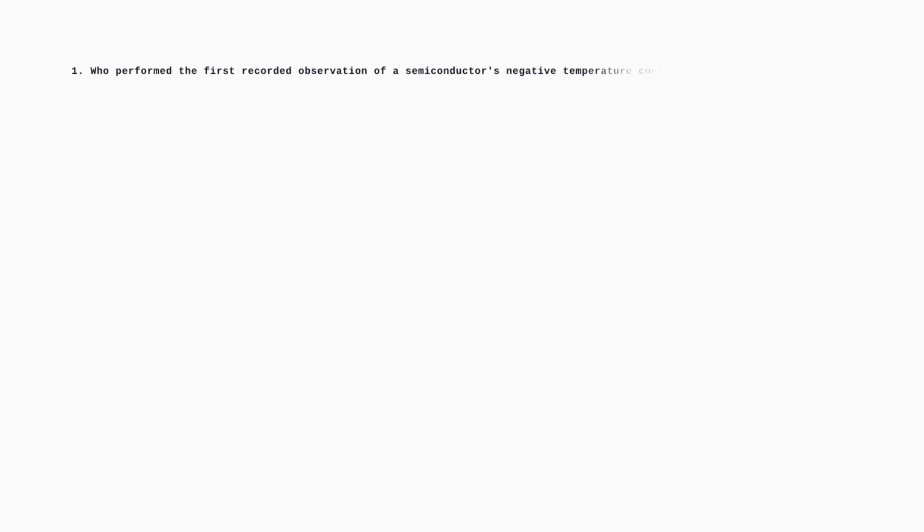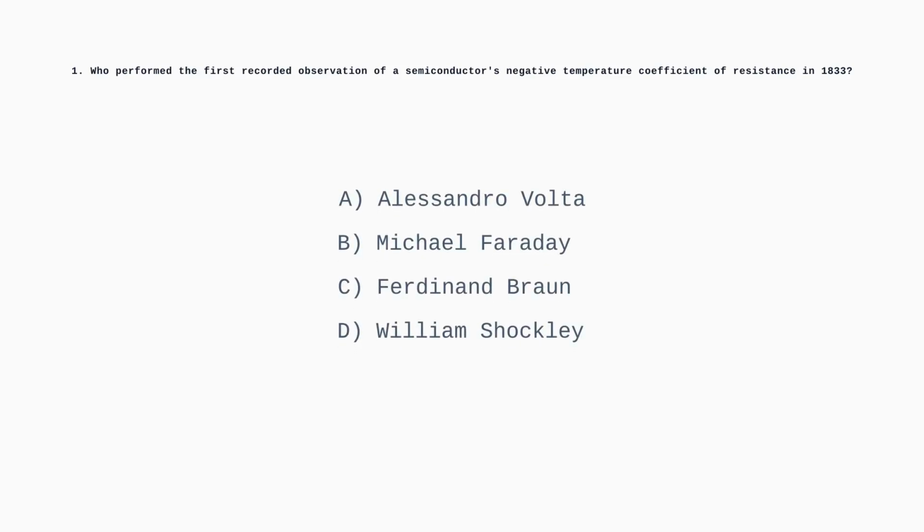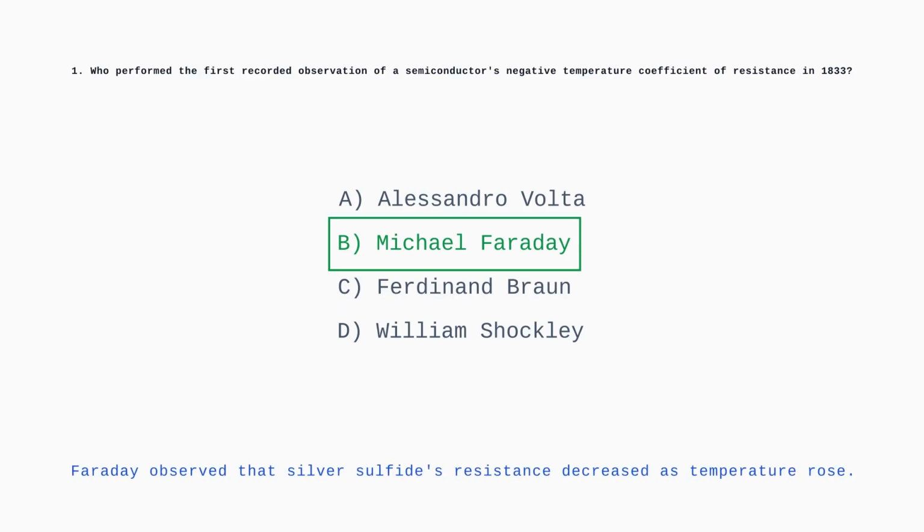Question 1. Who performed the first recorded observation of a semiconductor's negative temperature coefficient of resistance in 1833? Michael Faraday noted in 1833 that the electrical resistance of silver sulfide decreased with temperature, which is the direct opposite